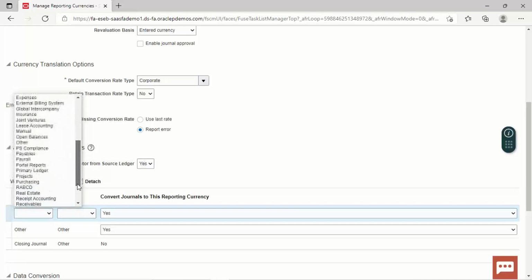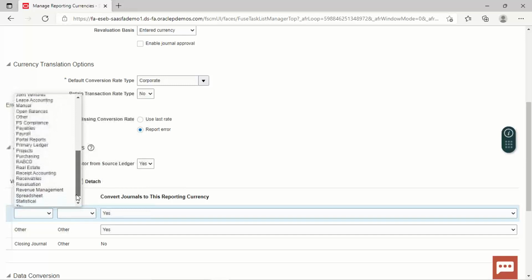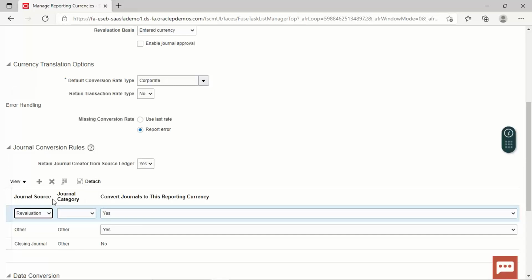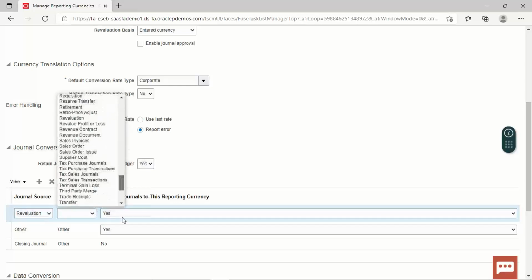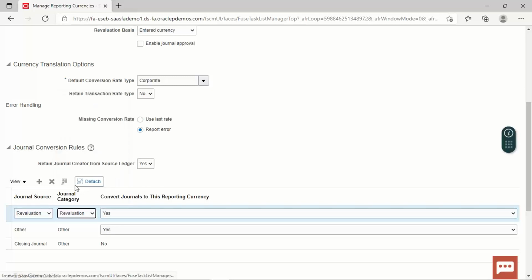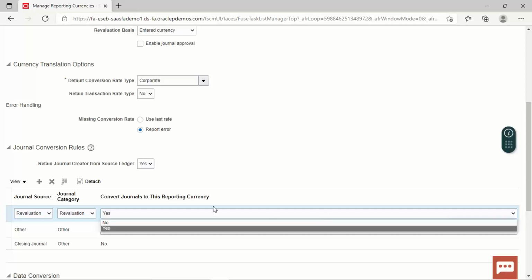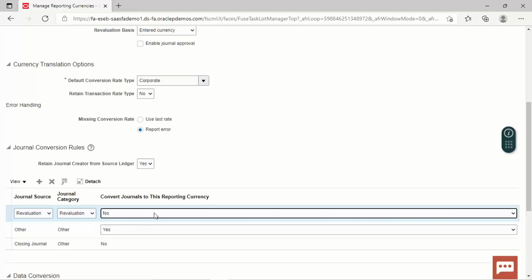We don't want to convert journals to the reporting currencies at the level of revaluation. So we can select journal source as revaluation and journal category as revaluation. At this level, we don't want the journal to convert into the reporting currency.